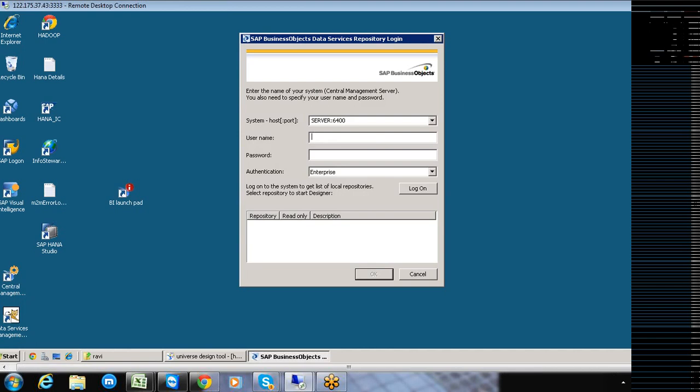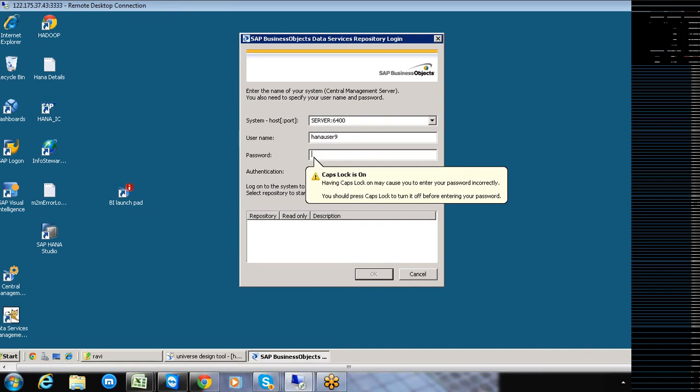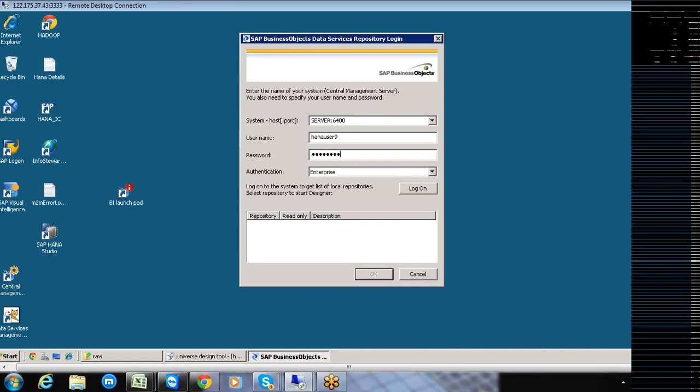Please follow step by step the way I navigate. The first thing is that I need to specify the server, the user ID and the password, and click on the login button. When we click on the login button, the list of all repositories is displayed. Kiran and Rajiv Reddy, a repository is nothing but a relational database that holds all the ETL applications that you create using BODS.